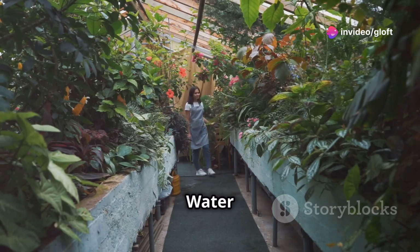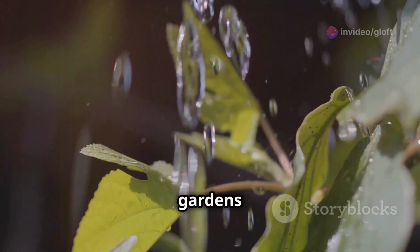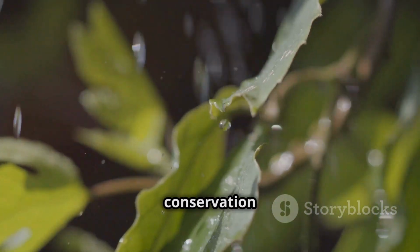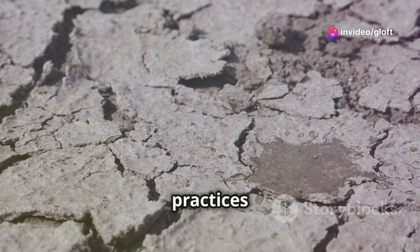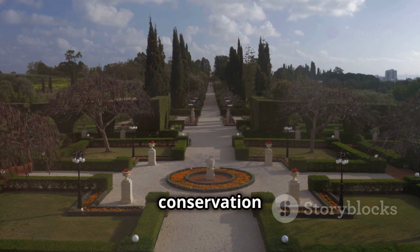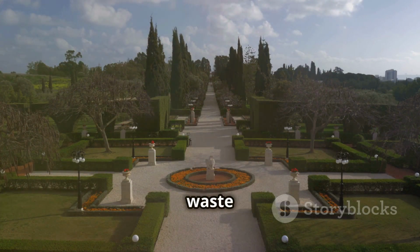Chapter 6. Water Conservation, Preserving Life's Essence. Water, the lifeblood of our gardens and our planet, is a precious resource that deserves our utmost respect and conservation efforts. In a world facing increasing water scarcity, it is our responsibility to adopt sustainable practices that preserve this vital element. Imagine a garden designed with water conservation in mind, where every drop is utilized efficiently, minimizing waste and maximizing